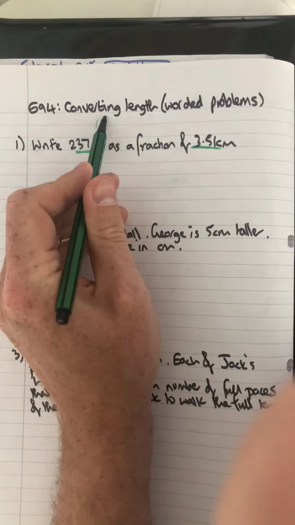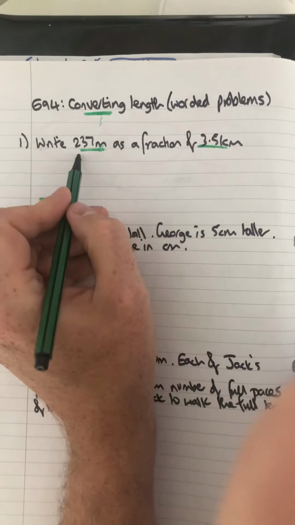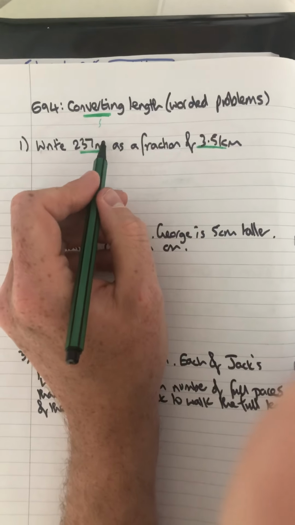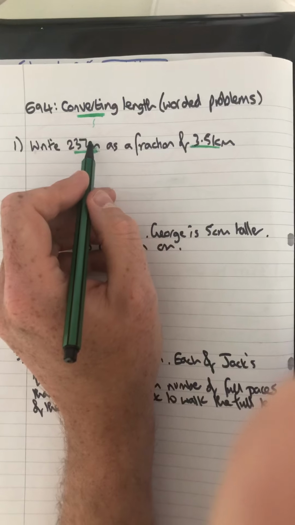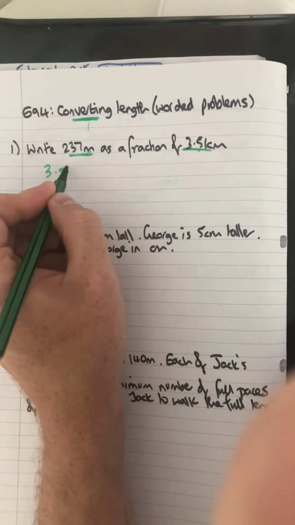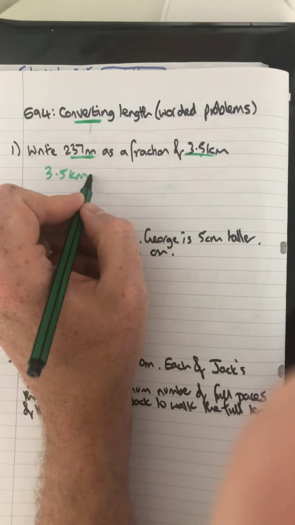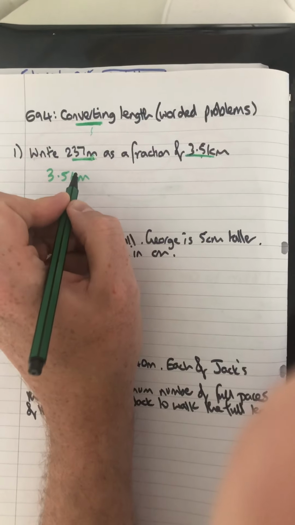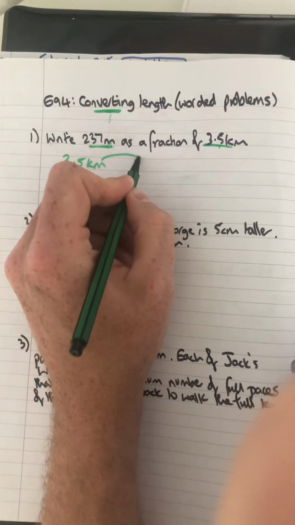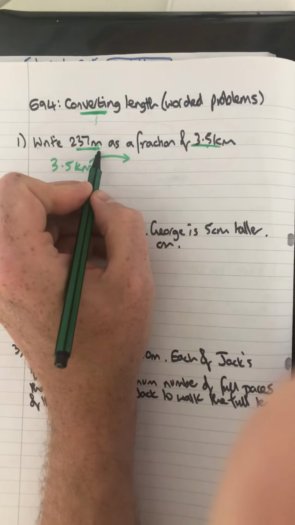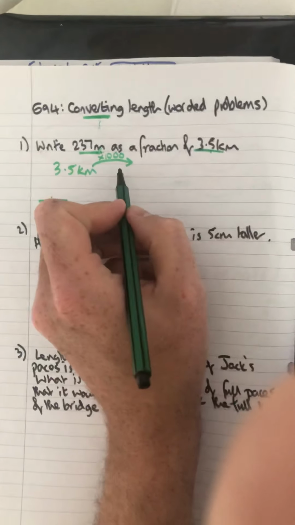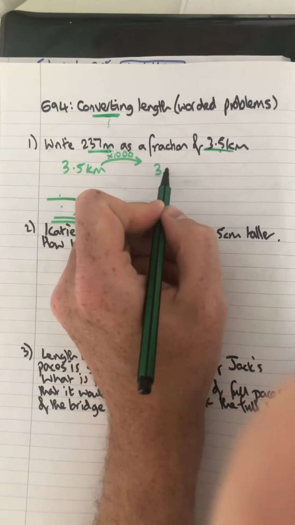Well, we haven't got them in the same units, so we need to change them into the same units. Now it's your call. I would suggest getting rid of any decimals. So this is a decimal. So what's 3.5 kilometres in metres? So I'm changing kilometres into metres. So what do I do to get from kilometres to metres? I would times by 1,000 because 1,000 metres in a kilometre. So times that by 1,000, I would get